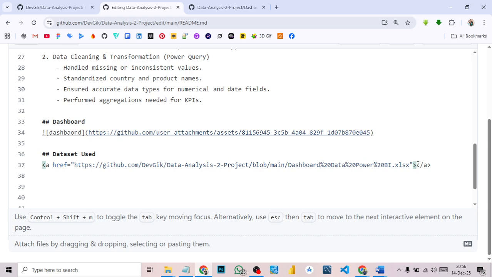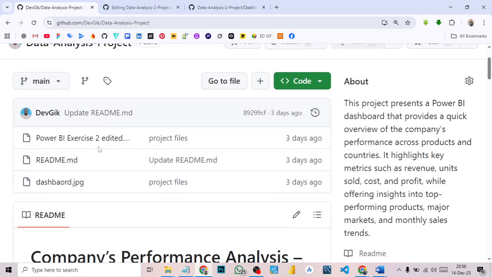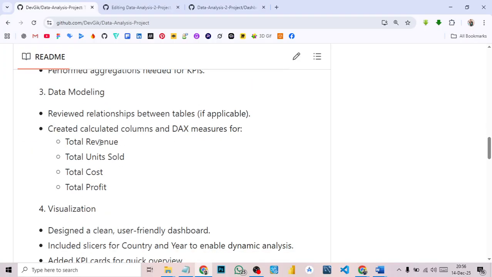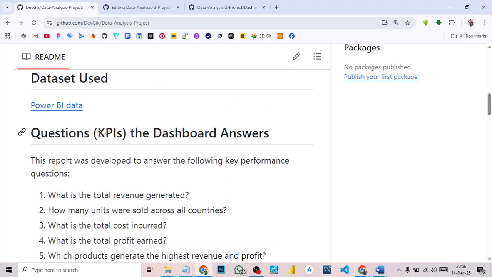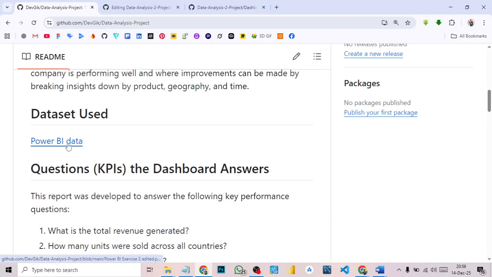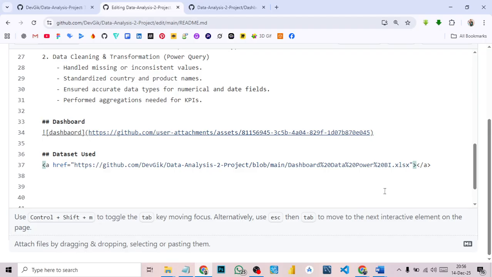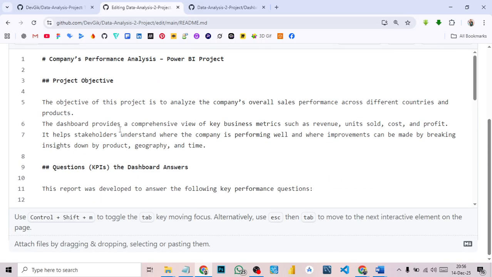This place now is the link text. Okay, Power BI data. You can say Excel data, anything. I'll call this Power BI data. Now if I preview it,